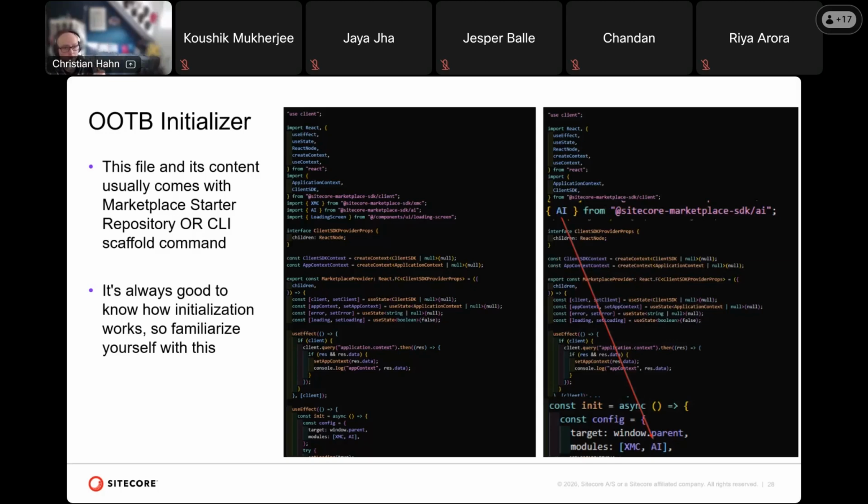It's an npm package, as you see at the top, and you just add that module in the module section. And that's it. It initializes properly. It gives you secure communication. And then wherever it is needed, you can reference the Sitecore client, or you can see we have also the